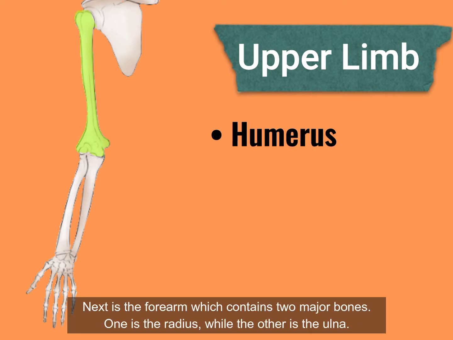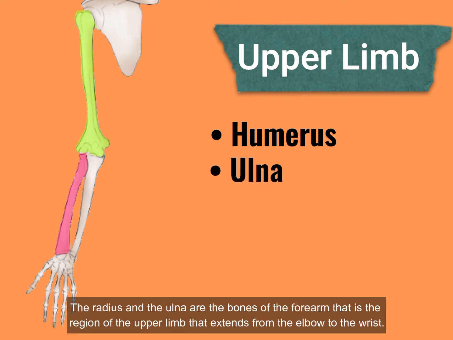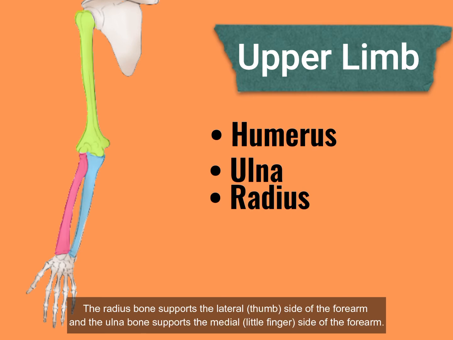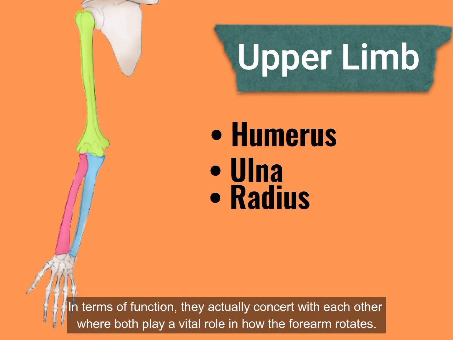Next is the forearm, which contains two major bones. One is the radius, while the other is the ulna. The radius and the ulna are the bones of the forearm, that is the region of the upper limb that extends from the elbow down to the wrist. The radius bone supports the lateral side of the forearm, while the ulna bone supports the medial side of the forearm. In terms of function, they actually consort with each other where both play a vital role in how the